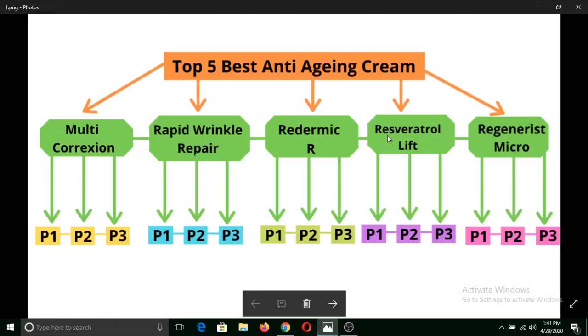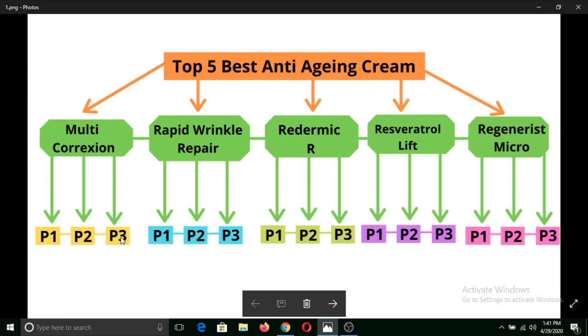Now let's talk about this image. Firstly you are going to write the top 5 best products article, and then you link that to multi-correction, your product 1 review, the specific product review, and then you link it to P1, and then you link this P1 to P2, and you link this P2 to P3.